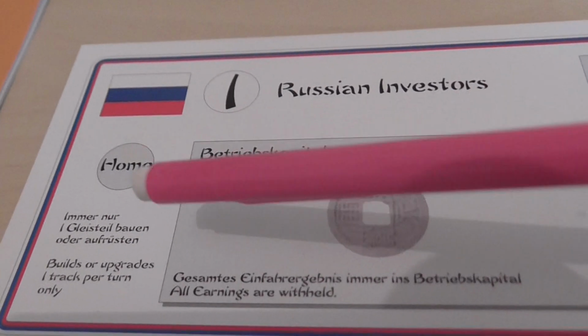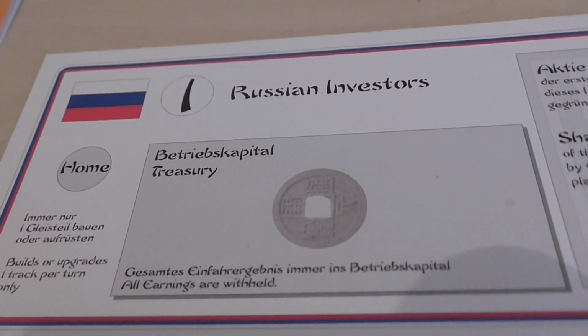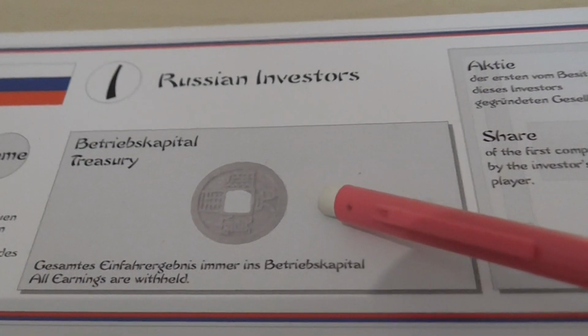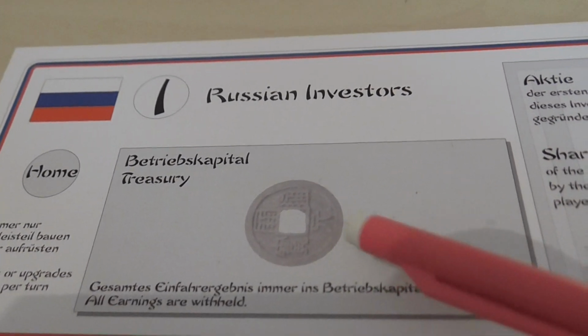So they'll then operate, and then they're done. Much like they don't get to buy trains or anything. They simply build a track tile and then accumulate income in their treasury. When the player owning an investor